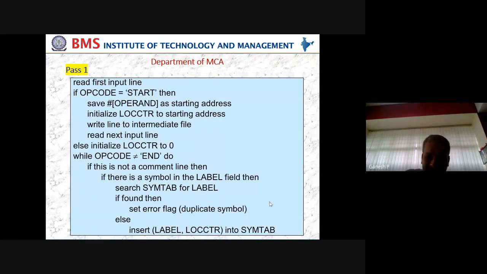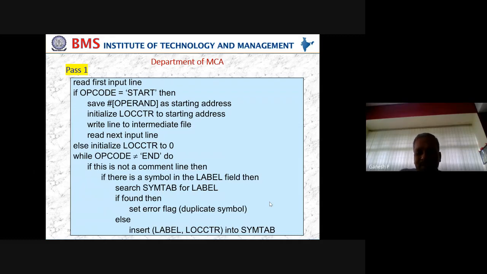Okay, next, else. You have searched the symbol table and it is not there, meaning that the encountered symbol is not among the already existing symbols of the symbol table; it is very fresh, very new. Then there is no duplication, no redundancy, it is unique. Then what I will do now is add that into the symbol table. Just now we have seen the symbol table data structure, which will have the label name followed by the address. Who will have the address here? The location counter will have the address.